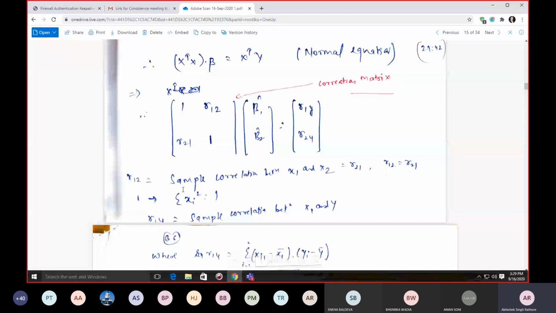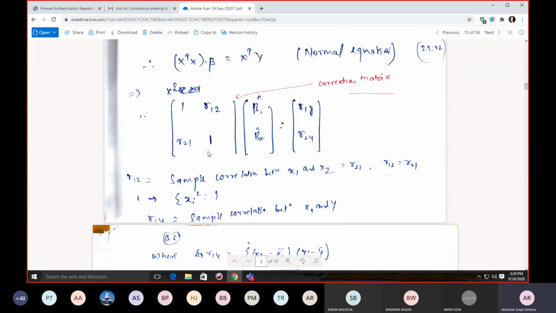Again, why are we getting this one? Because we have xi square available here. So this is my xi square available over here. So we can say that these values are just equal to the summation of all those values. So we will get 1 over here. Is it fine?